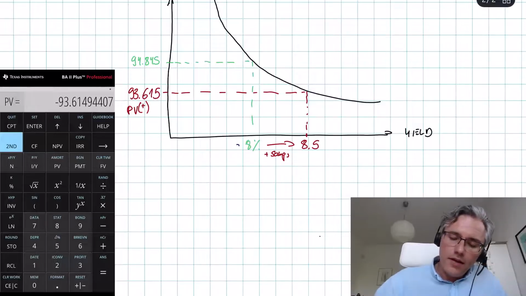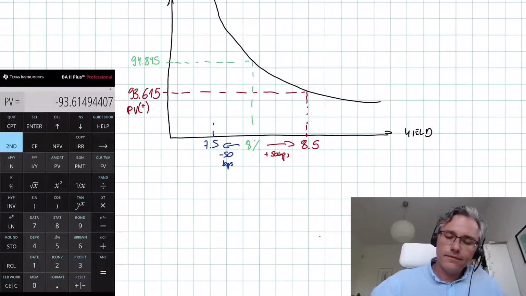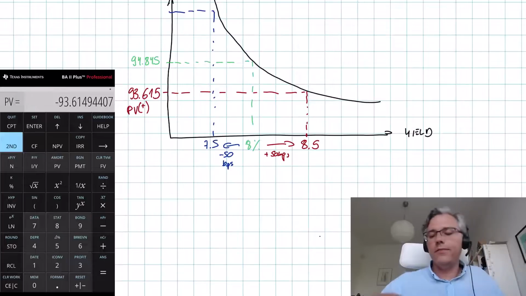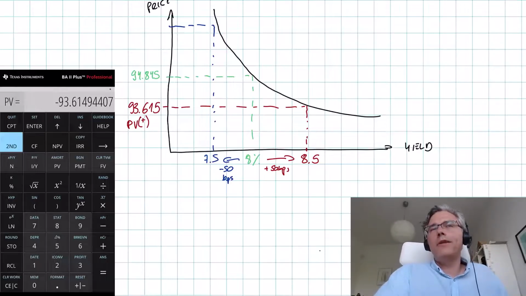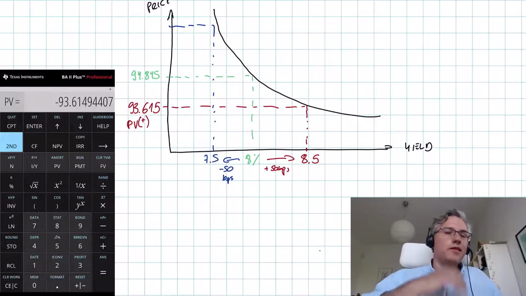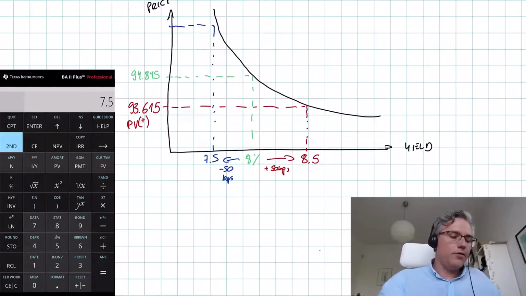And same thing if yields go down 50 basis points to 7.5. As you can see, because of the convex nature of the curve, we get a bigger increase in bond value when yields drop by 50 basis points than when the yields go up by 50 basis points. The magnitude of the change is different. Okay, 7.5, substitute that for I over Y and recompute PV, right,